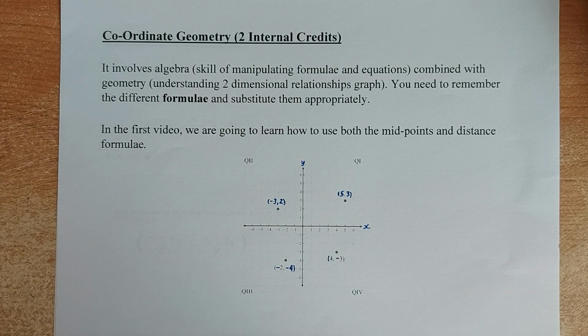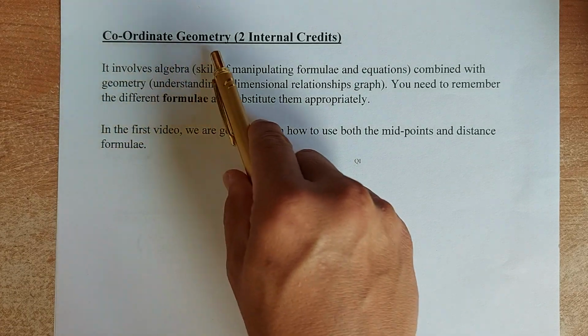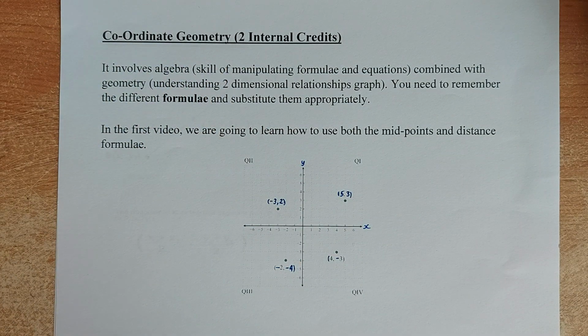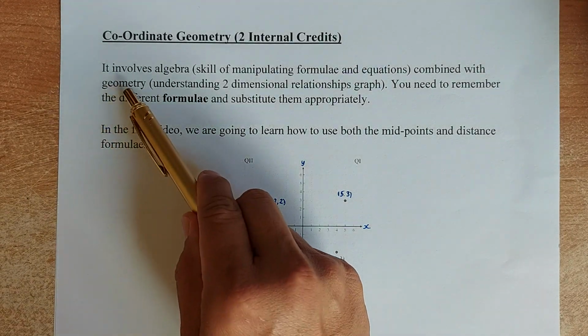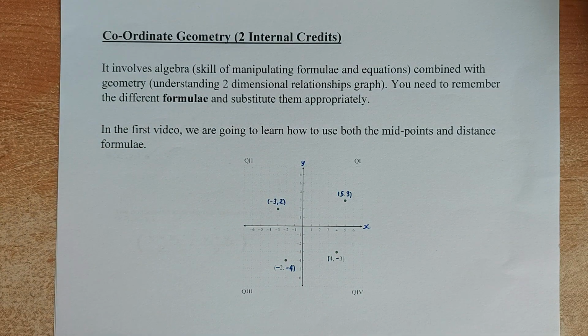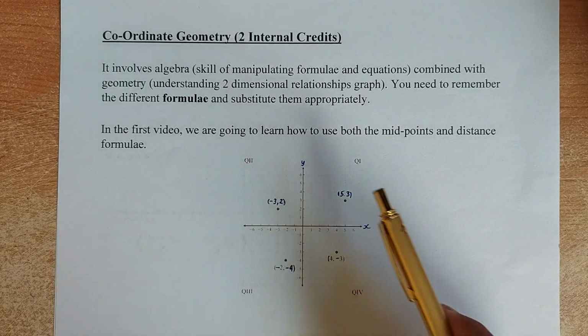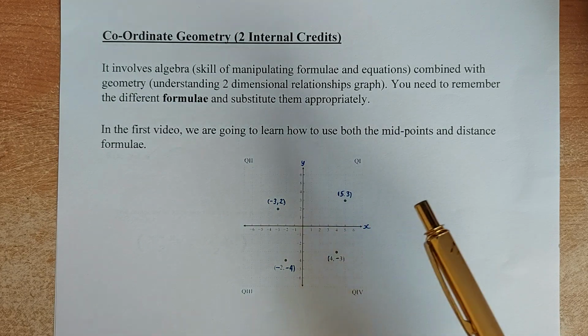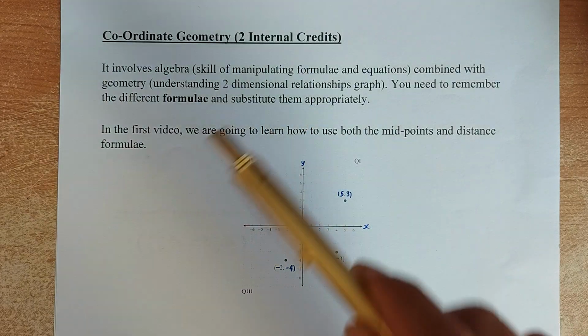Ong Maths Lessons. Today, we are going to look at the new topic called Co-ordinate Geometry, and this is worth 2 internal credit in Level 2. So what is Co-ordinate Geometry? It involves two things. First, it involves algebra. You need to know your substitution skill. And next, you need to know a little bit about geometry. You need to know about the two-dimensional graph. And you need to be able to substitute the values into the formula, and you should be able to get